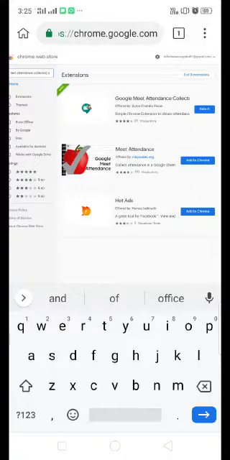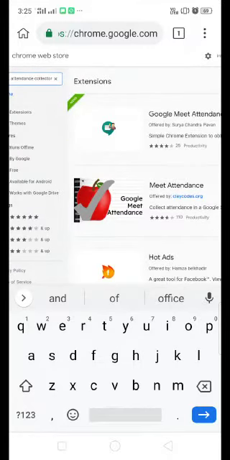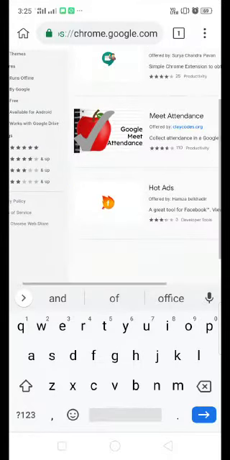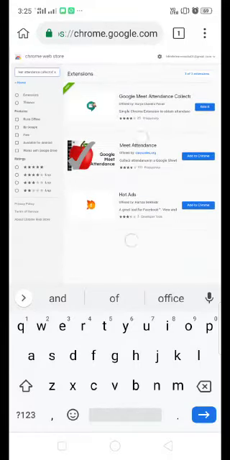Click on the Add to Chrome option to add the extension. Here you can see I have already added it, that's why it's showing Added. After clicking on the Add to Chrome option, choose an account and allow permissions to Google Meet Attendance Collector.